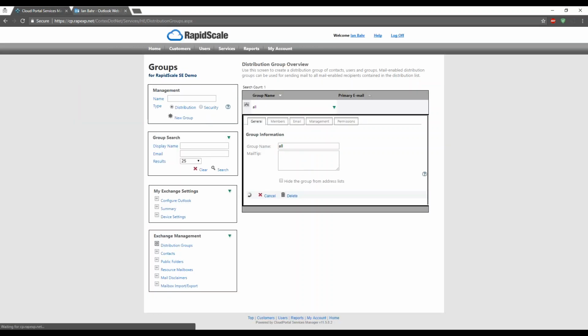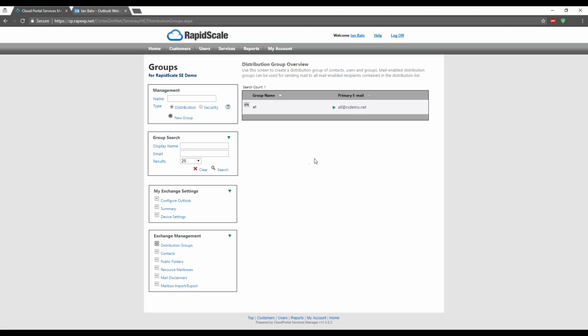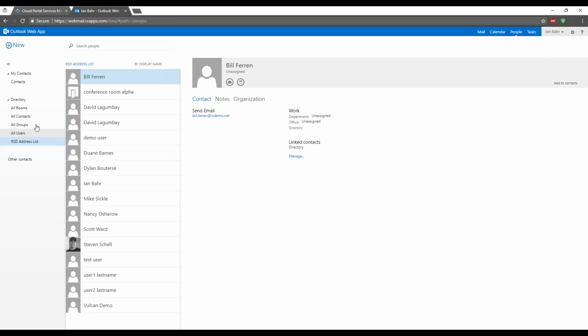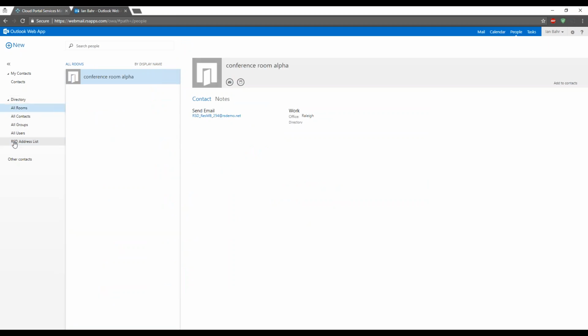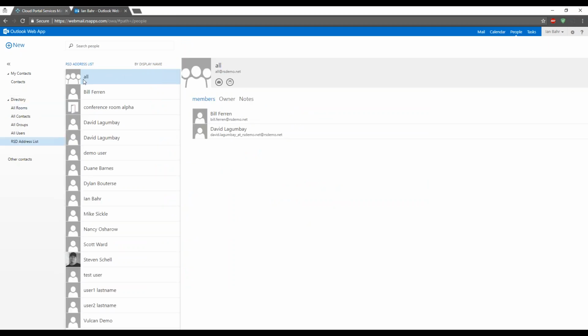I think I did not choose to save my distribution group yet, and because it didn't have an email yet, it was not actually listing in our groups there. But now I have a proper distribution group that has an email associated with it. So now, if I go back to my address book, I can now see I have a distribution group, and it has the respective members that I have associated with it, and it has my email address that I have associated with